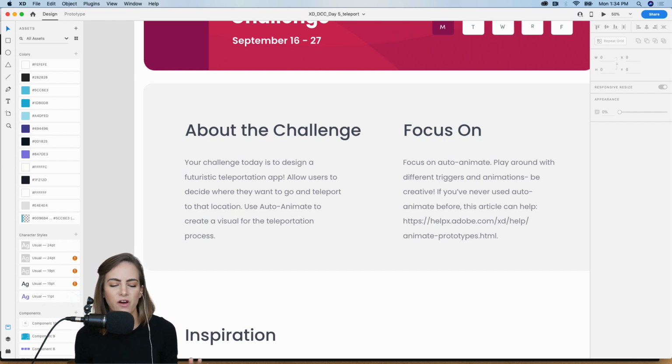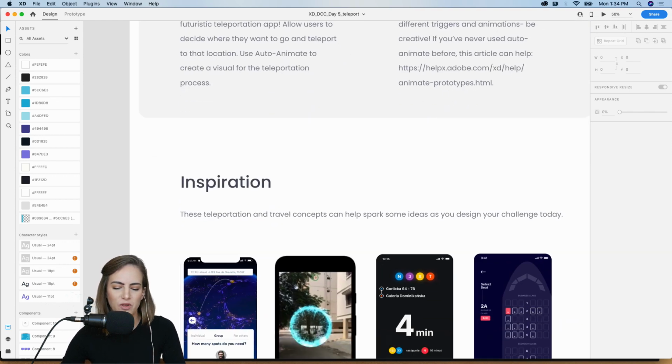Do something fun with creating the visual for that specific teleportation process. So I'm going to do something with like a beaming up sort of Auto-Animate. So this will be fun. I want to see what you guys come up with because you can really just do whatever. You can do some kind of glitchy effect. You can do, making the person reappear and appear in a different location. So I want to see what you come up with.